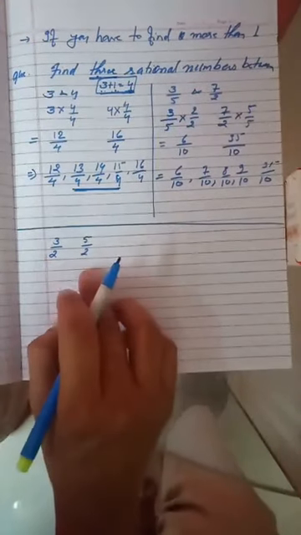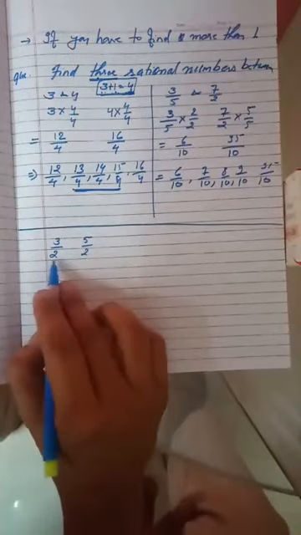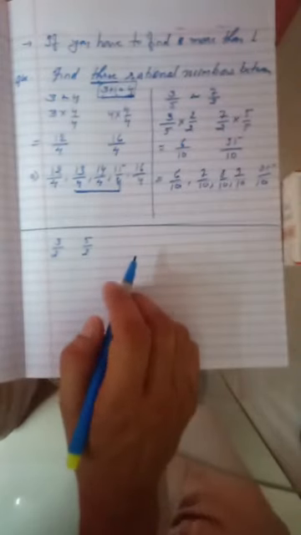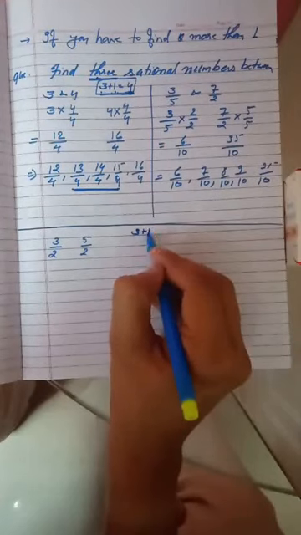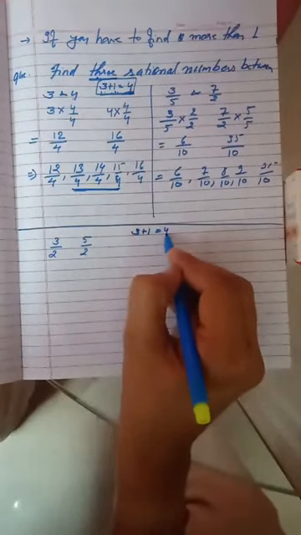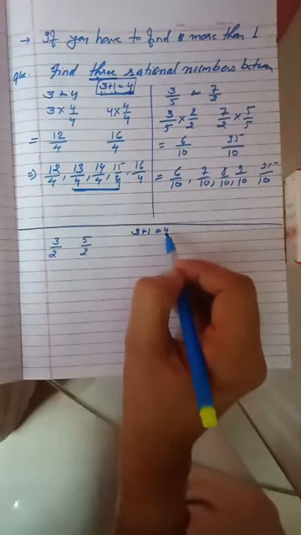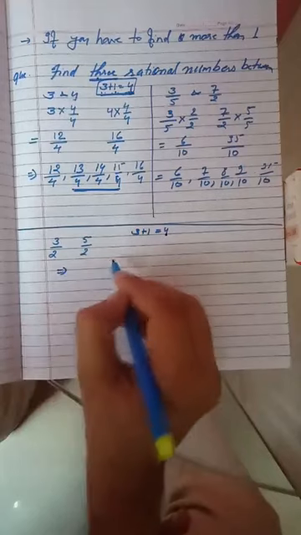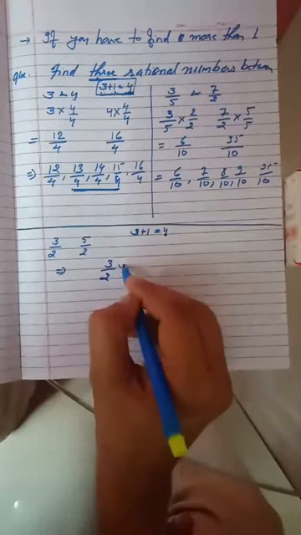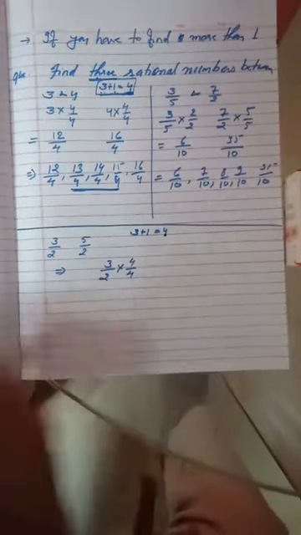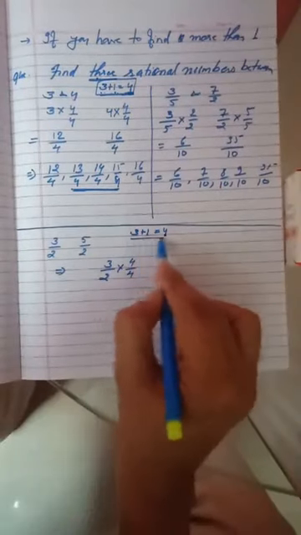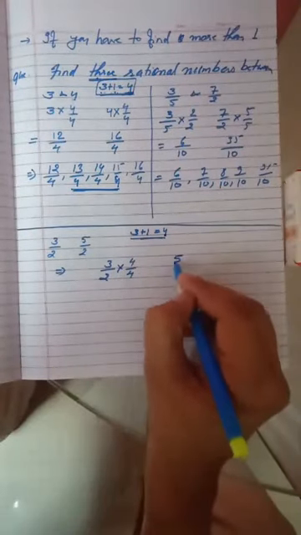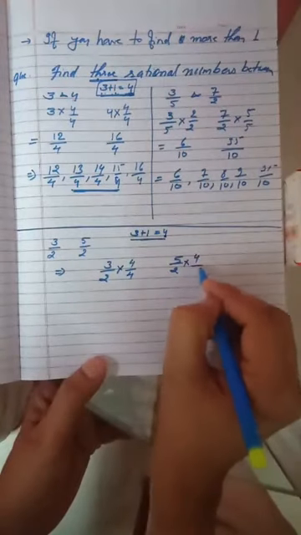Now again solve the same type of question, a different question, where denominators are same, and you have to find out three rational numbers. Then plus 1 equal to 4. So what you have to do, you have to multiply and divide by 4. Okay, now 3 upon 2 multiplied and divided by 4. Now both denominators are same, so we do not have to make the denominators same, because they are already given same. So we have to go for this process. Okay, the other number is 5 upon 2 multiplied with 4 and divided by 4.